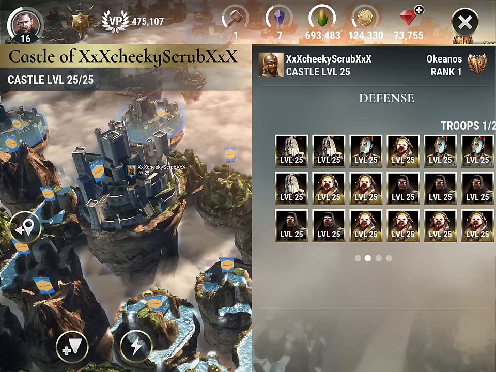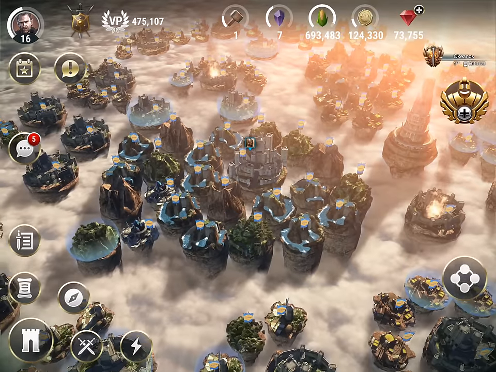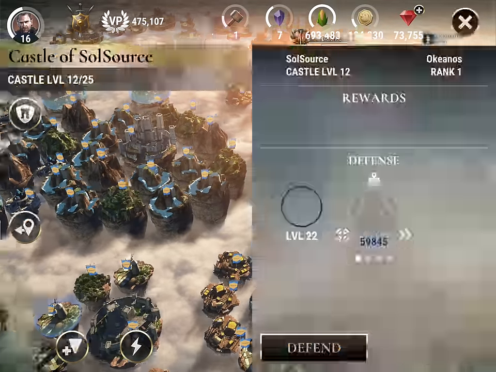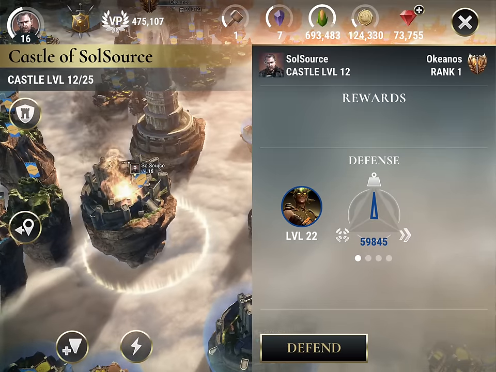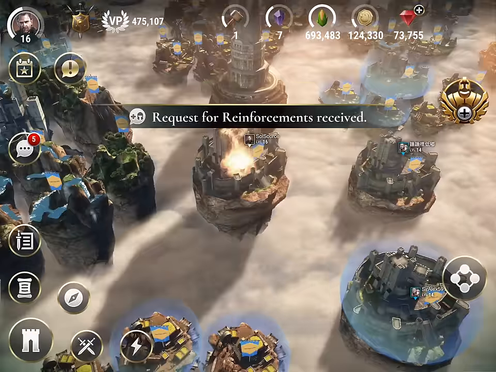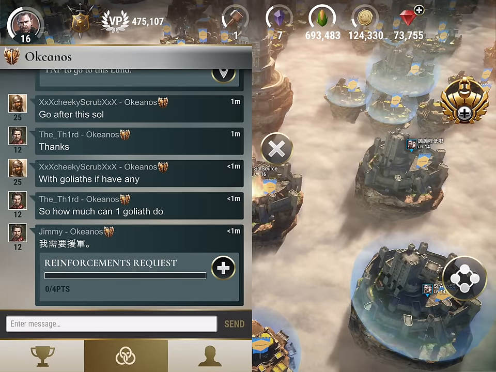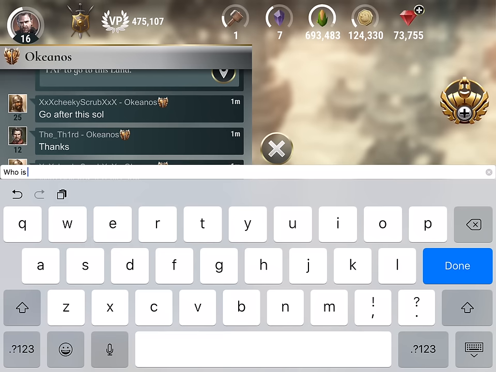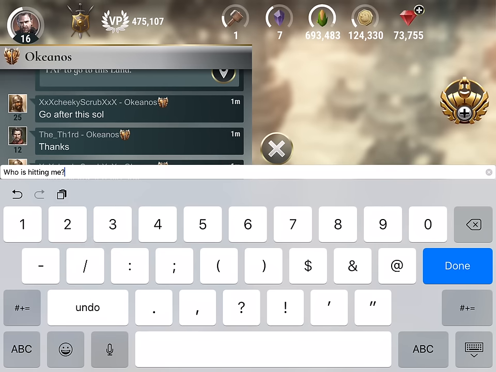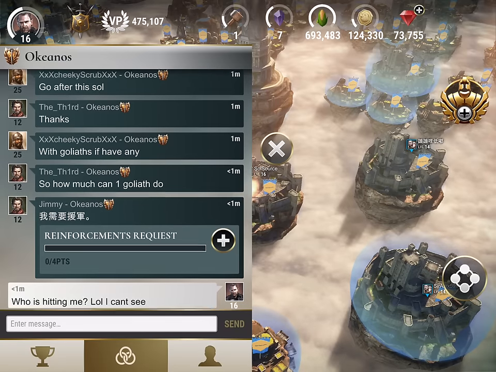370,000 defense. You don't want to mess with that. I would attack him, but it won't let me. Just to show you how bad I would get destroyed. Whoa! I'm getting attacked. That's awesome. Who's hitting me? I like to